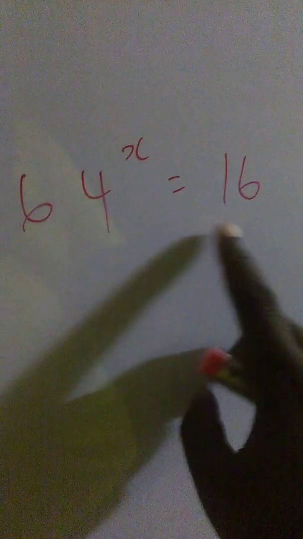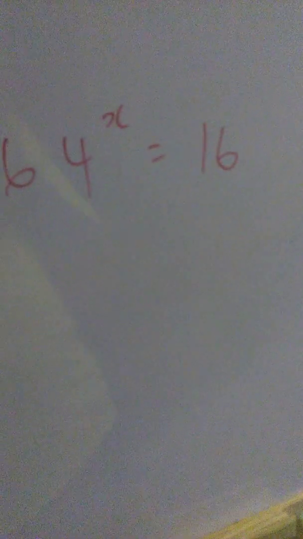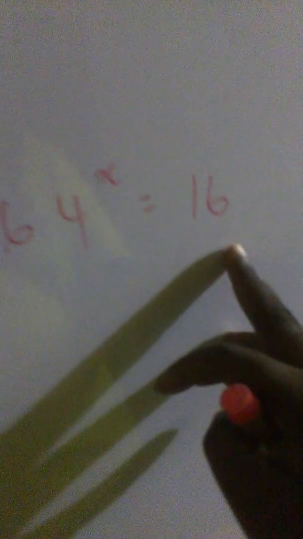Now, because this is 64 and this is 16, both of them are not the same. So we want to make both of them the same. Now, we can start by powers of 2, or we can even look at what is here to see if 64 is a power of 16. So if we try that,